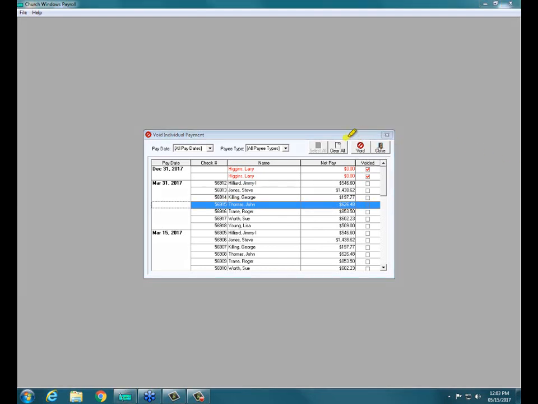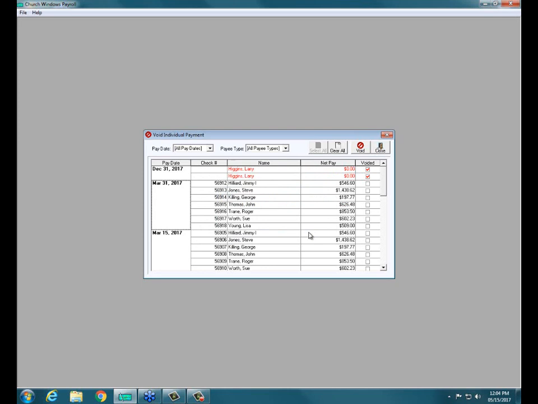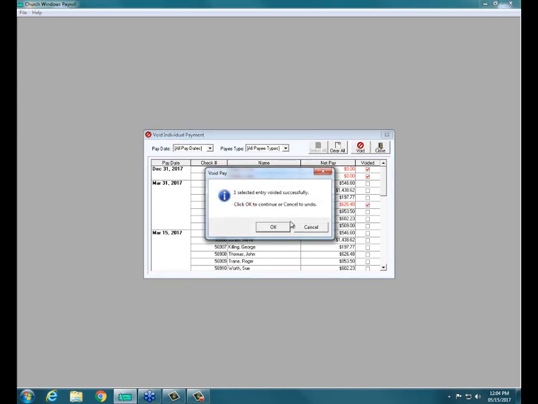Let me again grab my highlighter and steer some focus right up here. Okay, that's our Void button. Once we click on the Void button, it says one selected entry voided successfully. Click OK to continue or cancel to undo. So basically it's not asking me to confirm it. This is my confirm prompt. So if I chose the wrong employee's name, I would simply click cancel, and I'm back to where I started. Okay, so if I click on John Thomas's name again and click void and I click OK,